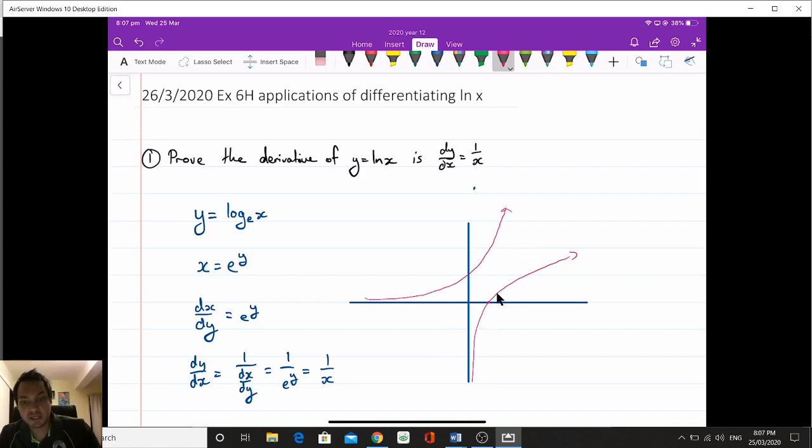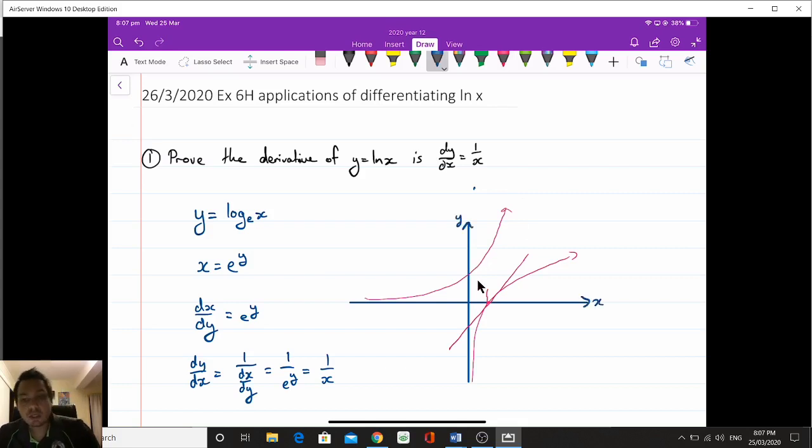And that's why we can see the derivative of dy dx here, when x is equal to 1, is 1. Okay, the gradient here is 1, so it will go through at 1, and it will also cross here at -1, and the gradient of this point here is also 1 of our exponential. And we can also see how it relates to our exponential function as well, because I'll put y and x here,